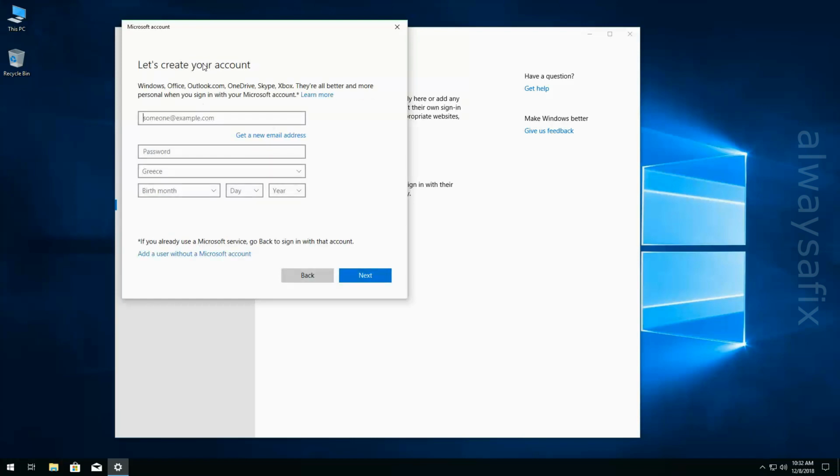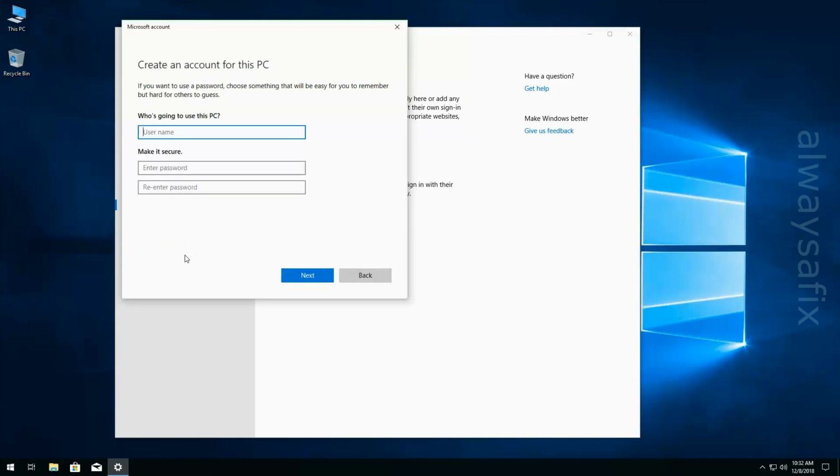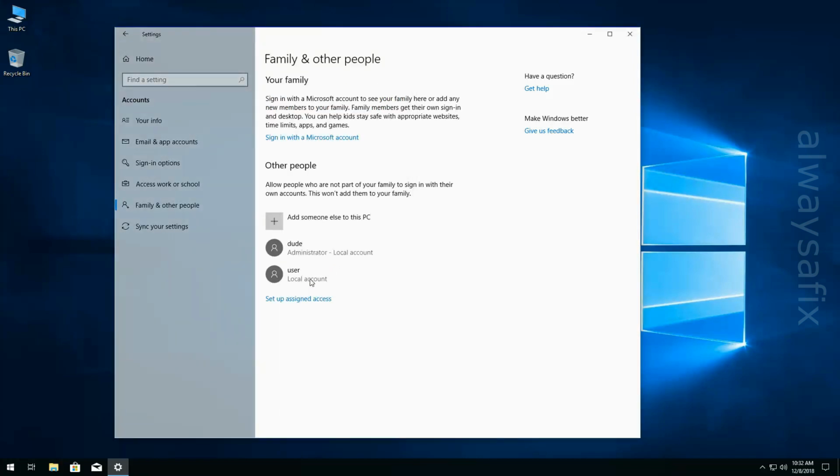and then they will ask you to create an account, and you skip that as well, and then you will go to add a user without a Microsoft account. Type in the new name for the user. Alright, and then if you wanted to, as you can see that this is the new user is a local